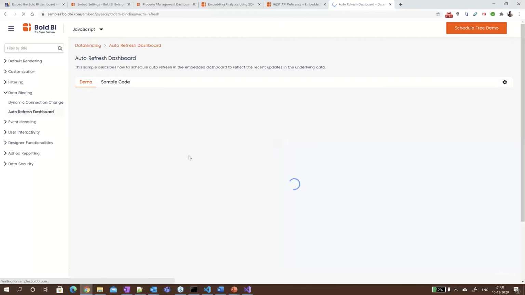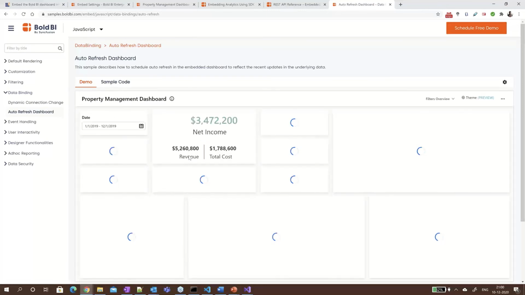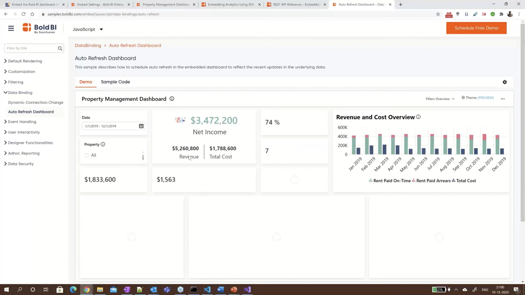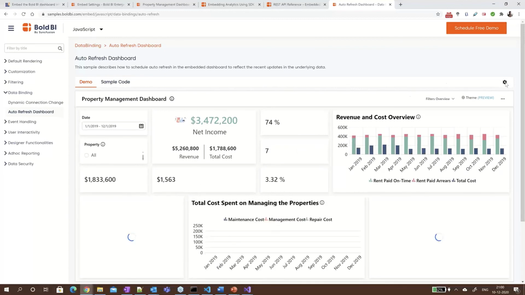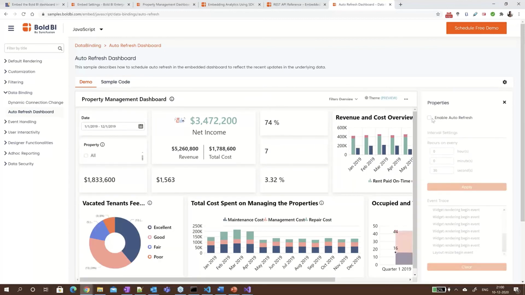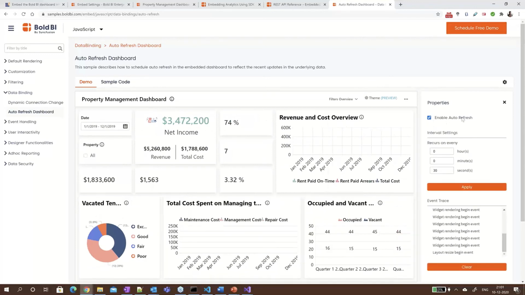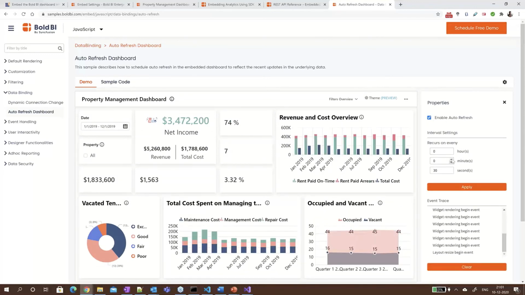Next one is auto refresh. With the auto refresh setting enabled, we reload the dashboard automatically at a set interval. That is, on enabling it, you can set the dashboard interval to reload again and again every 30 seconds.